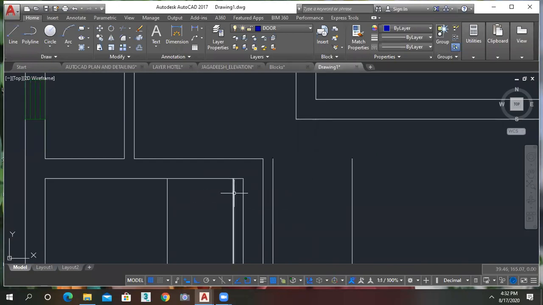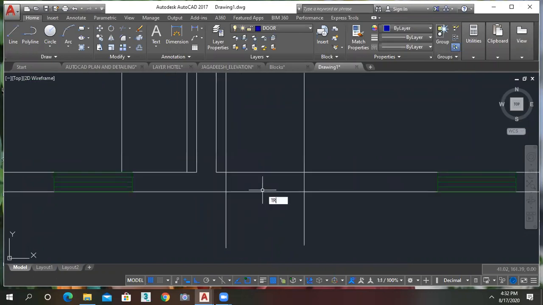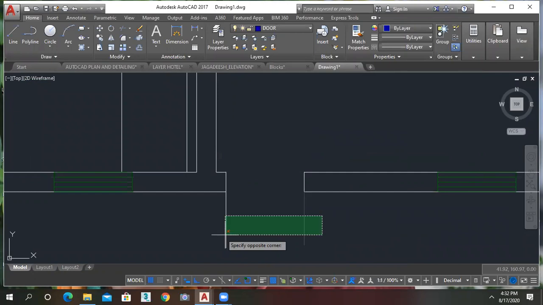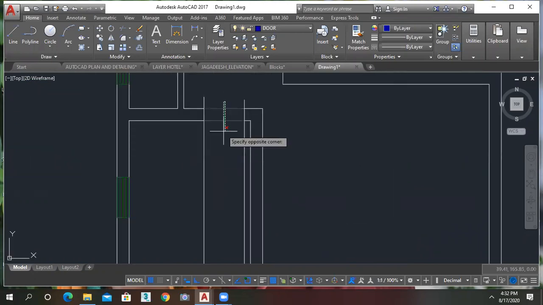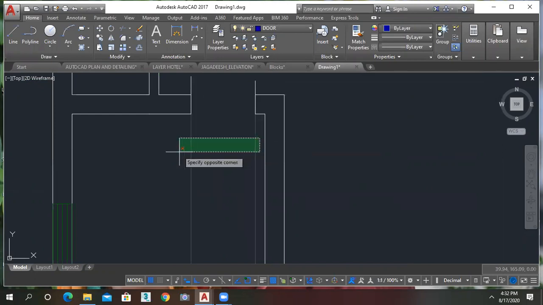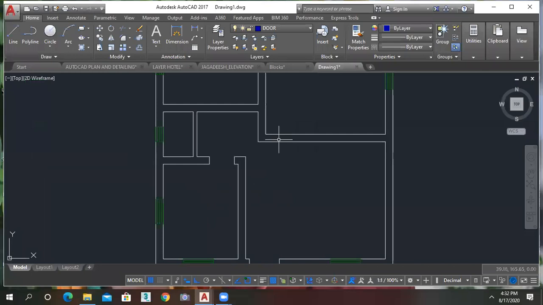Okay, and just extend it like this. Escape and just extend. Okay, so suddenly you can trim this so that you will not get confused in the creation of the doors like this. Getting my point? Just trim this and trim this. Okay, this is my door opening.